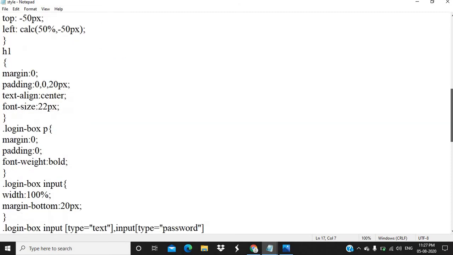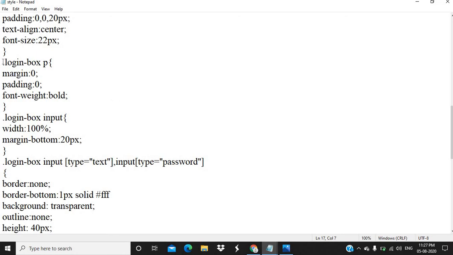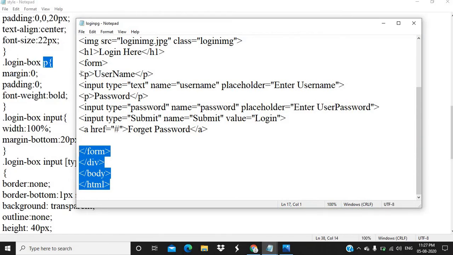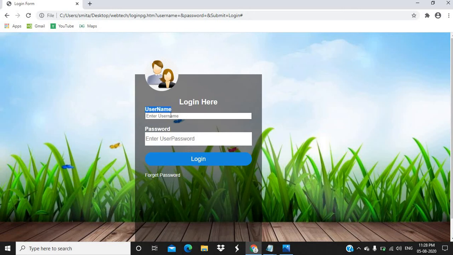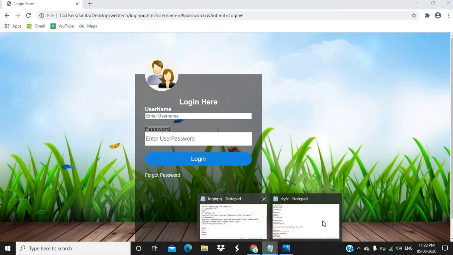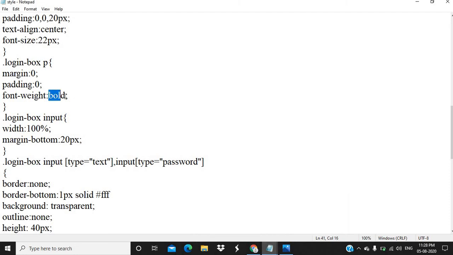after completing your heading level, we will jump towards the box, that is a paragraph. So we have used the paragraph within my form, that is a username and password. So we can change that also. I want it to be in bold, margin and padding we are not giving anything. If you want, you can mention that. So it is appearing in the bold effect. So over here choice is yours, either bold, italic, underline. These are the different formatting parts. These formatting parts I have already explained in my YouTube video, that is formatting HTML tags.